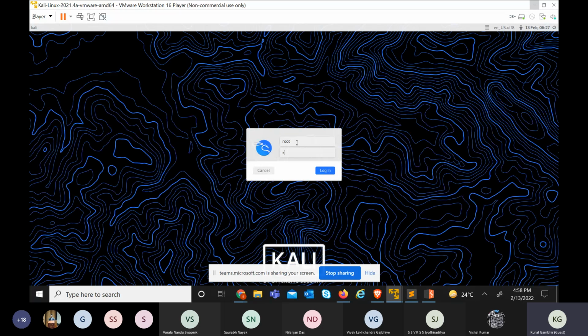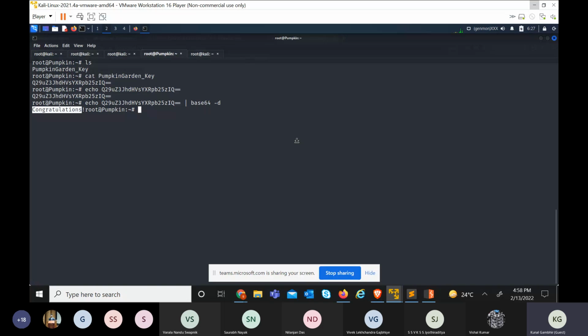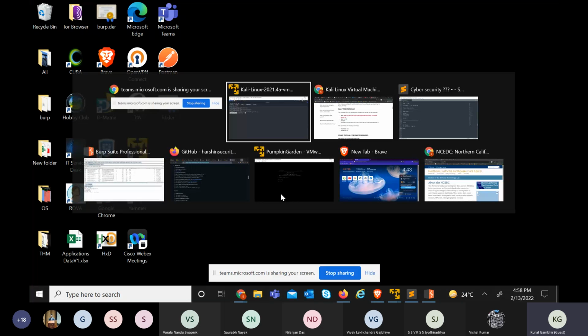Once you switch user, you write root, you write the new password, and you log in. You are a root user now. You don't have to be a normal user. Okay. This thing you have to do. Otherwise, every time you write any command related to sudo, this will create trouble for you. Okay. So once your Kali Linux is set up,